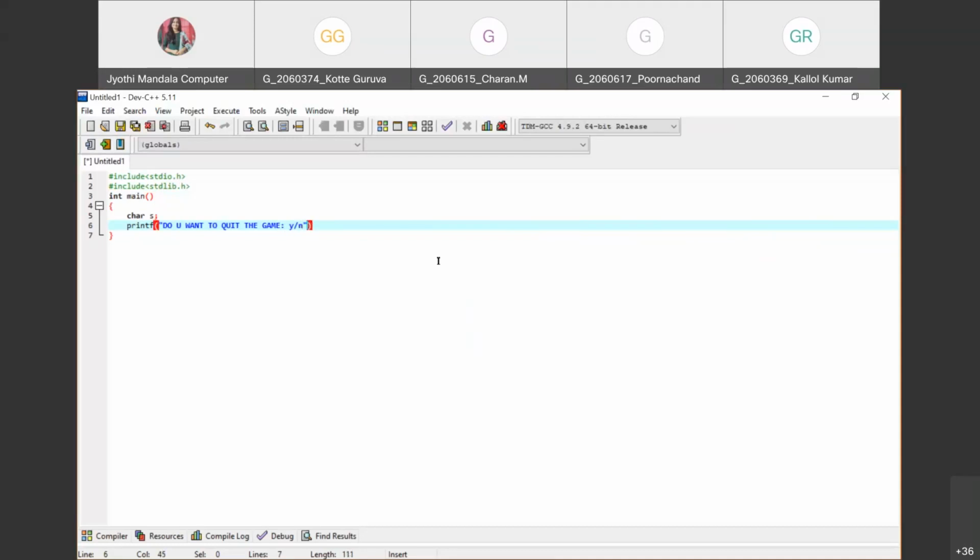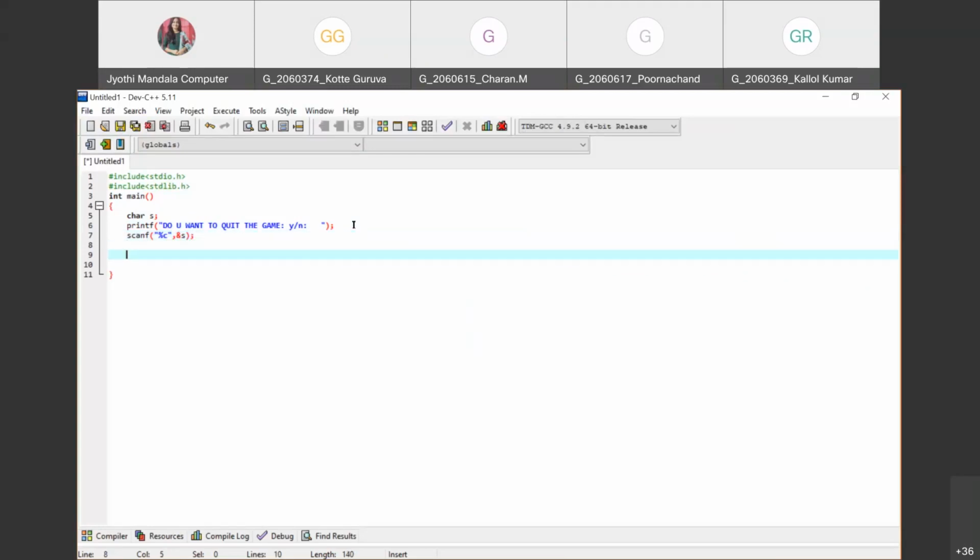So whatever the character may be, the character can be stored in a variable. What character? Let me give yes or no. I will store that in a variable. Okay. So I will store that in what variable? Okay, all are in caps. Okay. scanf. I want to store that in my s variable. I hope you all are clear. Up to this, the program is clear to you all.